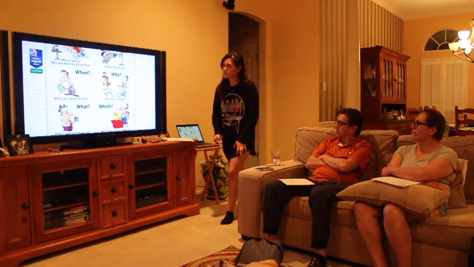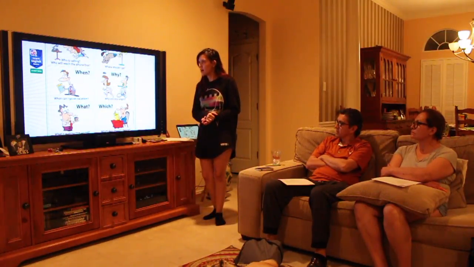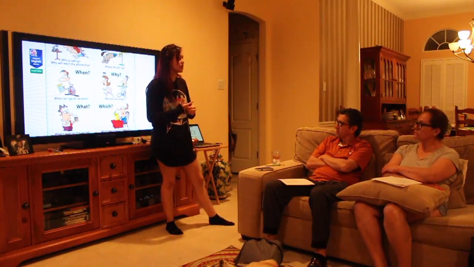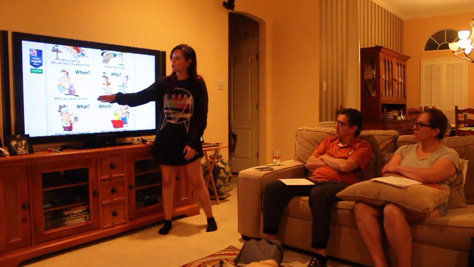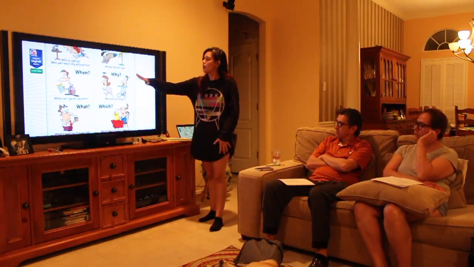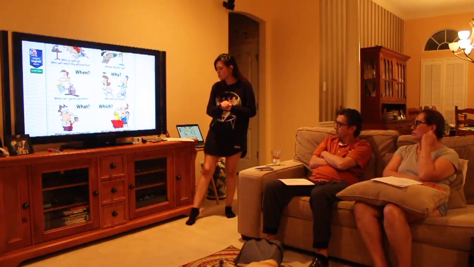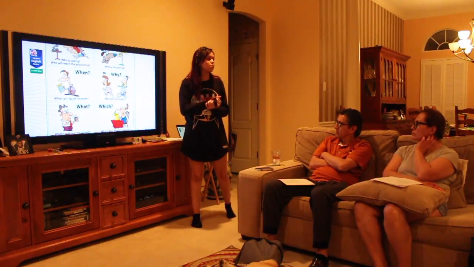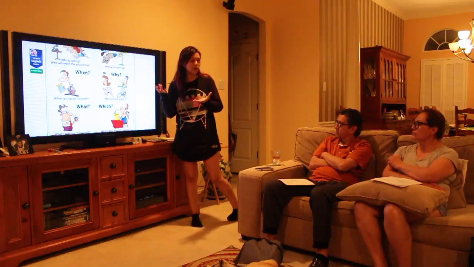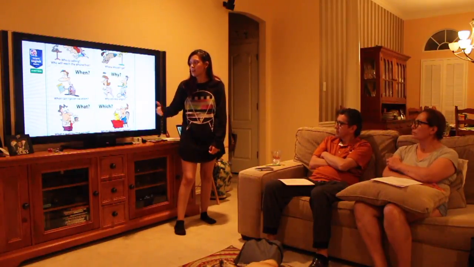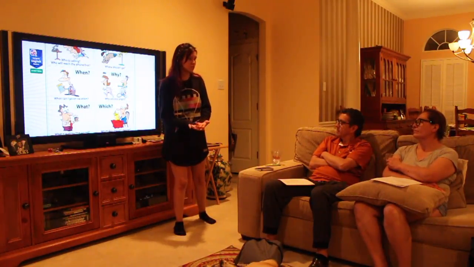Moving down to when. When is going to hint towards a timeline, so it could be either a date or an hourly time. For this example, this guy's wondering when he can go on vacation, and you can see that he's been working a lot and he just wants to finally go on a break. Why is going to be a little bit more tricky. Why has to do with an explanation of an event or of a story. So why will usually be followed by because and explaining the reason to that question. On this it says why are you angry, and you can possibly answer by saying